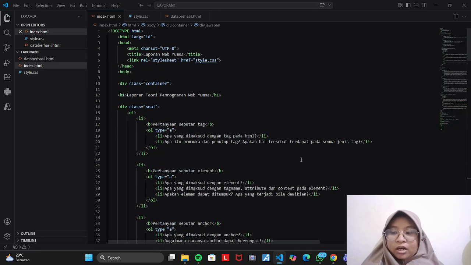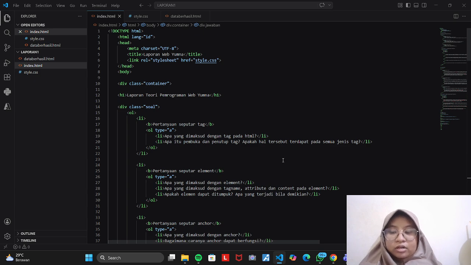Here, I developed a simple web page using HTML and CSS. The main objective of this display is a question and answer in a structured format, and to implement a form with validation and a success page. First, I created the main structure using HTML. The page is divided into three main sections: the question section, the answer section, and the form section.